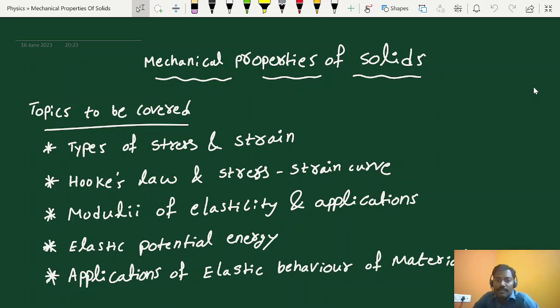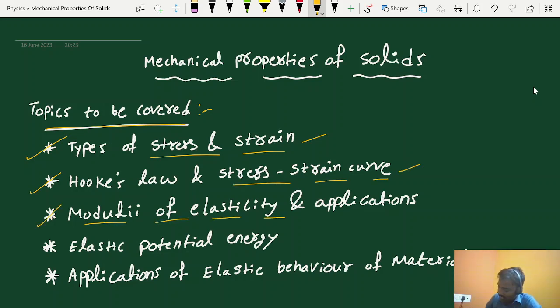Today we are going to discuss one of the concepts from the chapter mechanical properties of solids. In this chapter, these are the topics to be covered. The first topic is types of stress and strain. We are going to discuss different types of stress and strain. And then Hooke's law and stress strain curve,